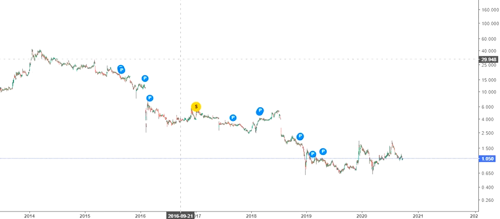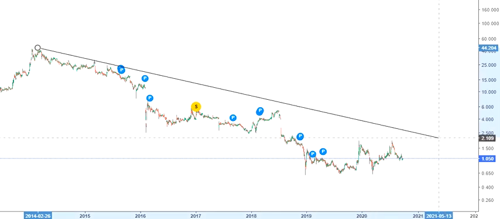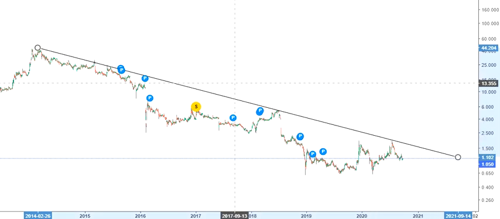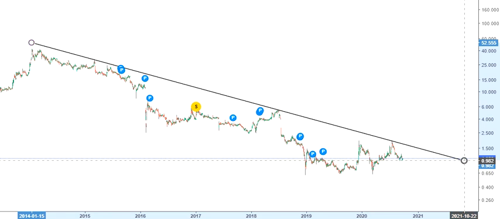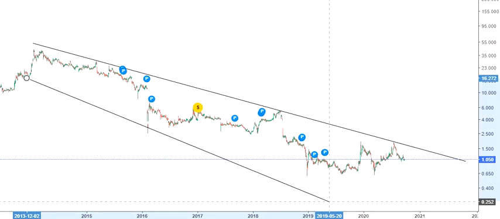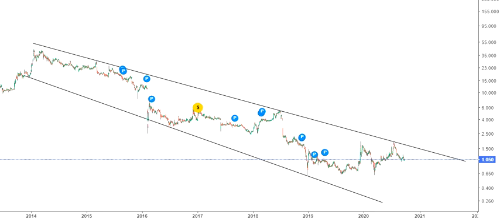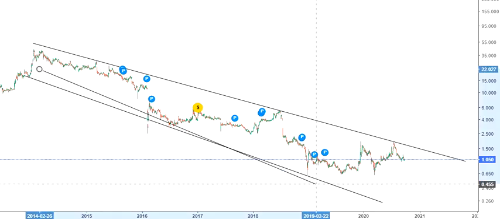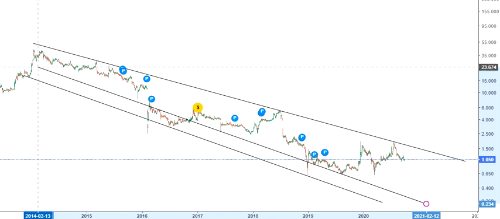But here if you see, in the last 5 years the stock has been falling, so it's a bear trending chart, a bear market chart. Here you can see the levels which will definitely act as resistance, and you have your support levels here, and you have your resistance level. So here you can see how the trend has shaped up.